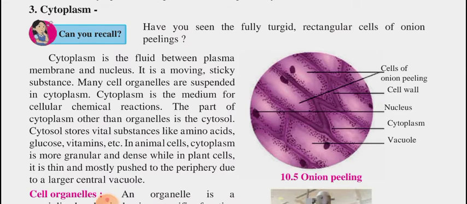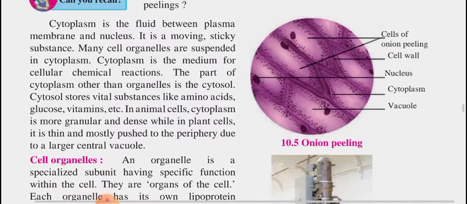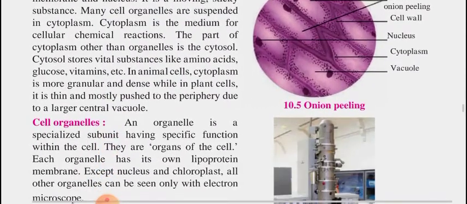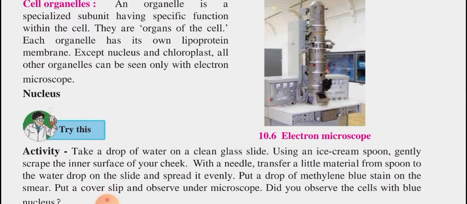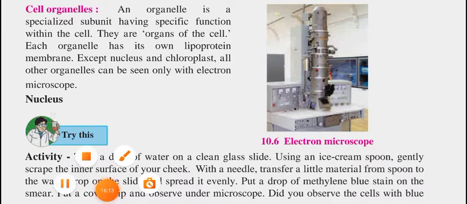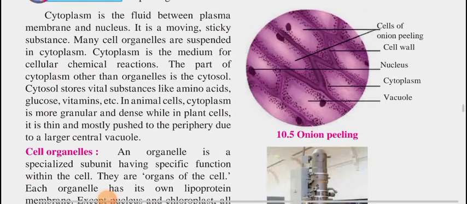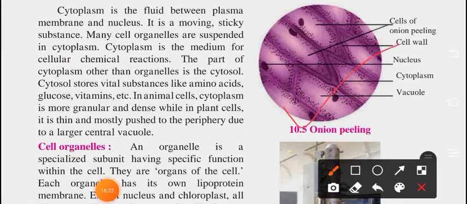Okay, next is cytoplasm. For the cytoplasm, we have to see the onion peeling. I'll show you first of all where we are observing the onion peeling. This is an electron microscope. You can observe here. Under observation of this microscope, when you are observing onion peeling, you will get this type of structure. So you can observe here cells of onion peeling,